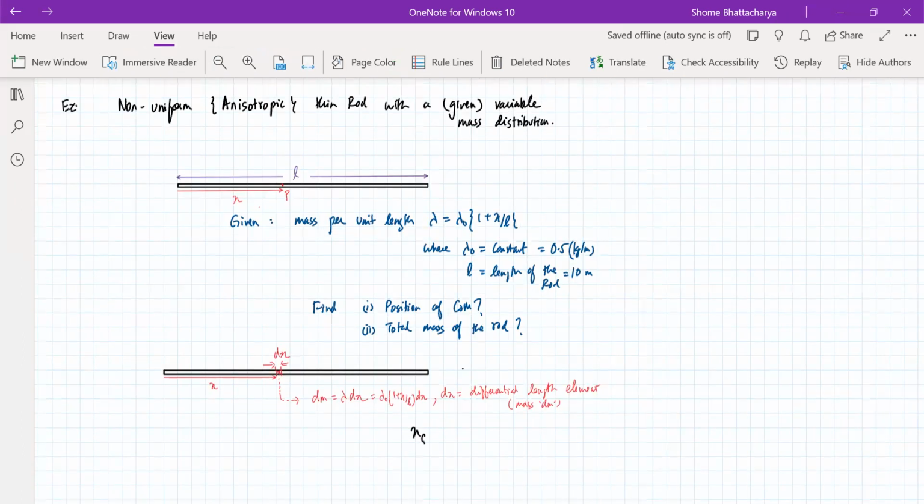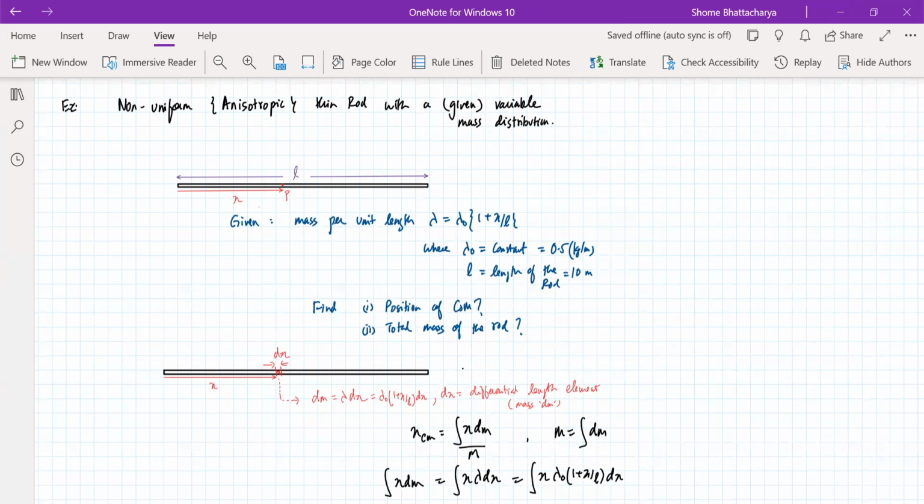So the position of the center of mass will become... but here another problem that we have is that the total mass also we'll have to calculate by integration. So separately we calculate the numerator and denominator, and from that we'll find the x coordinate of the center of mass. Okay. So integration x dm here will become integration of x into lambda dx, where lambda is a variable. So we replace it with the function given to us.